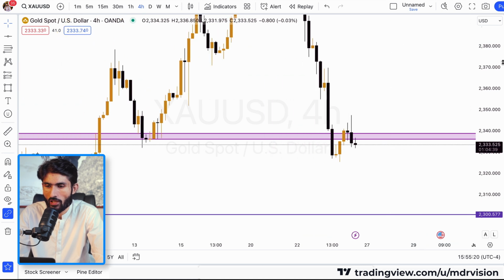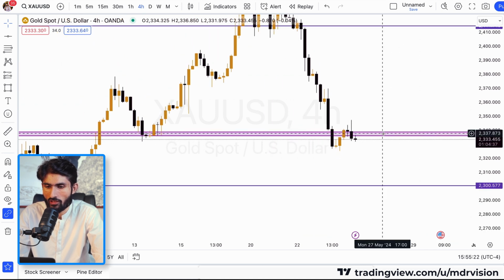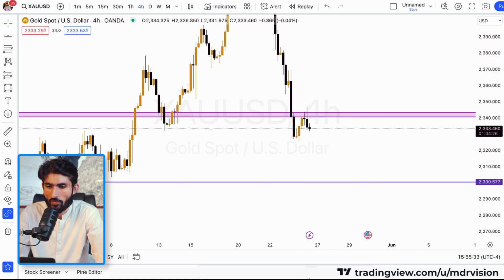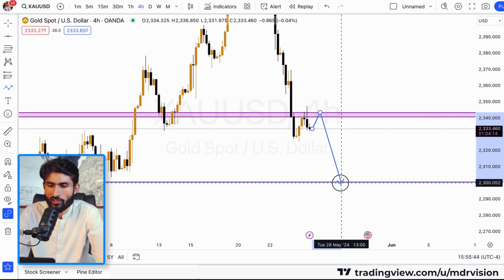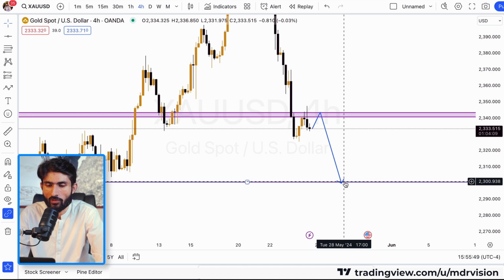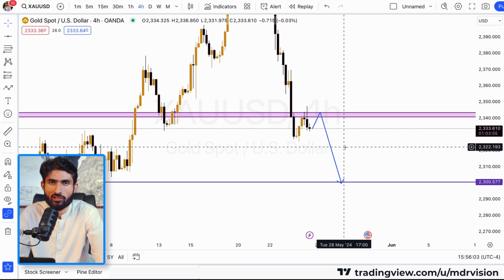What would be my plan for the next week? Personally, let's adjust the level here. So personally, I am looking for the sell option. I'm expecting price to go up and retest this 2340 to 45 level, and once I get the confirmation for sells, I would look for a sell, and my target would be 2300 for the next week. And also this 2300 level is perfectly aligned with the weekly time frame. So we may expect the next week's weekly candle to start as a bearish candle, retest this level around 2300